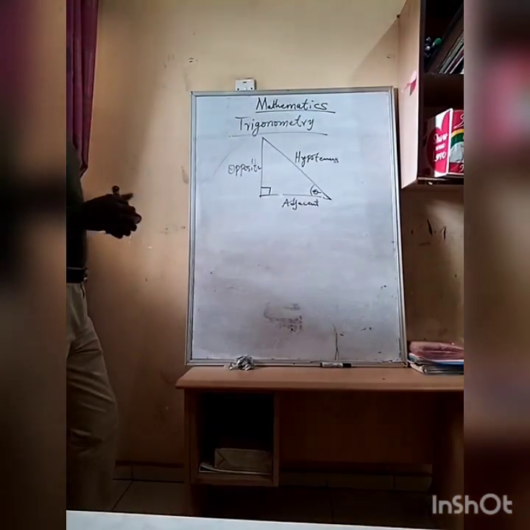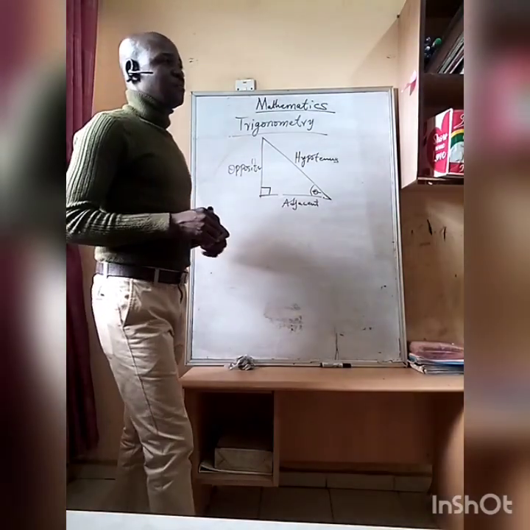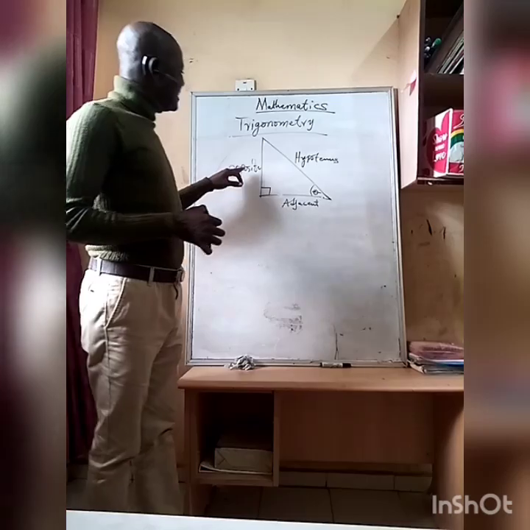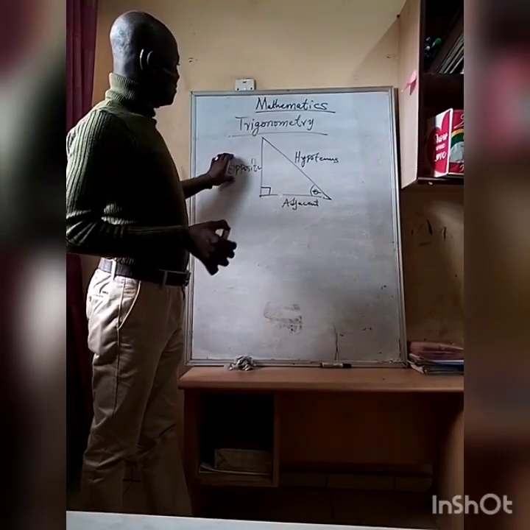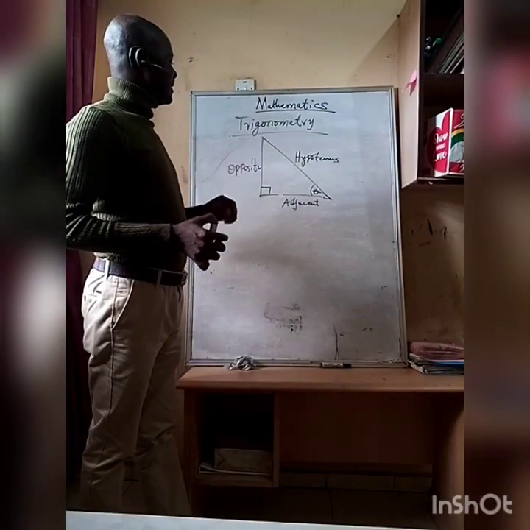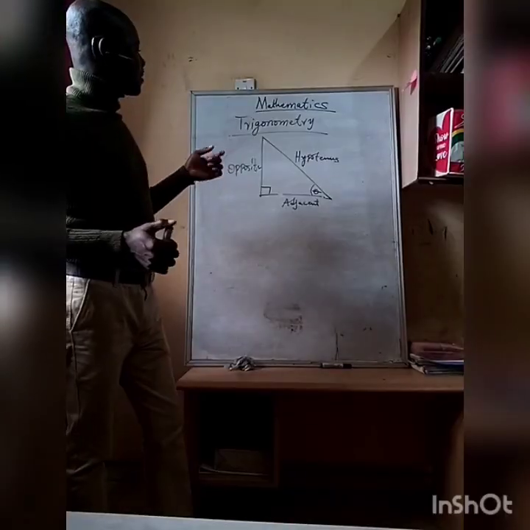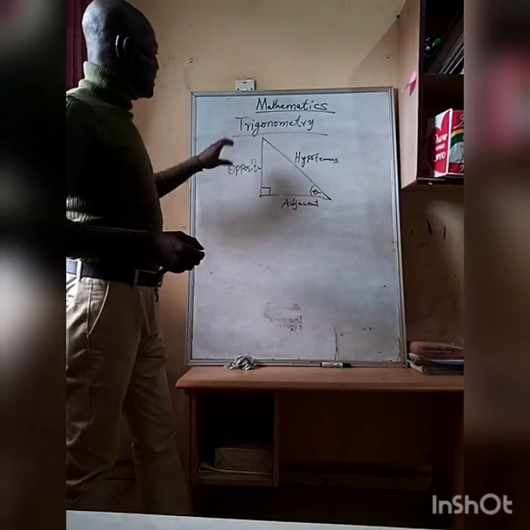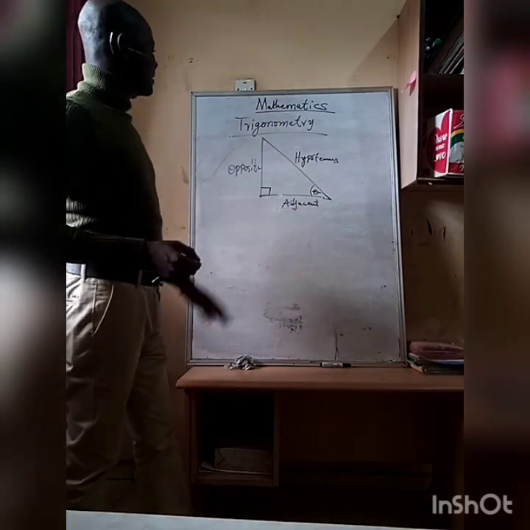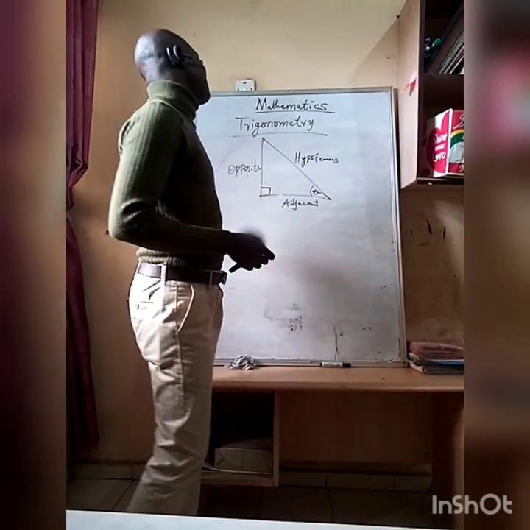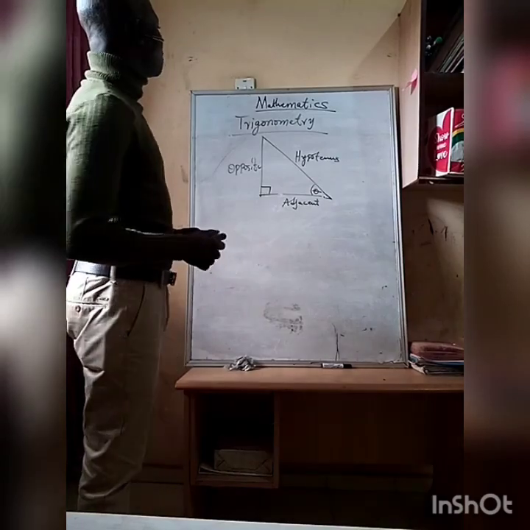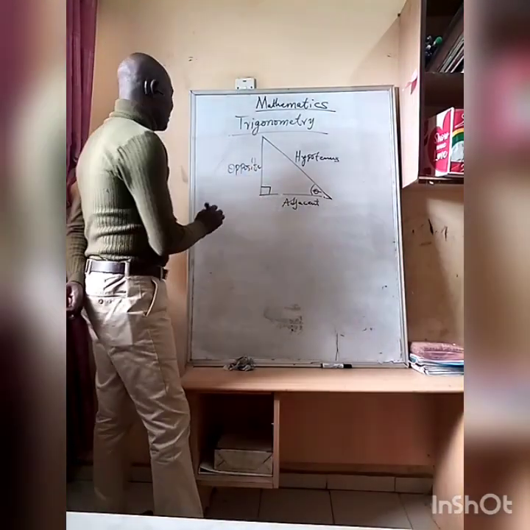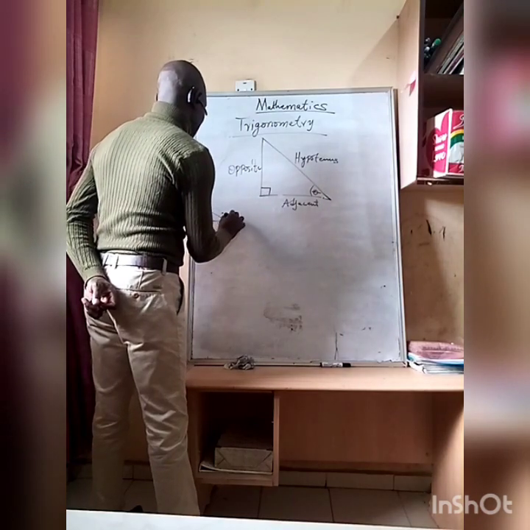So, how does trigonometry come? Trigonometry now has to do with the ratio of these sides. If this is over this, there is a ratio for that. If this is over this, then we have a name for that. Even if this is over this, we still have a name for that. So, the basic trigonometric ratios are sine,